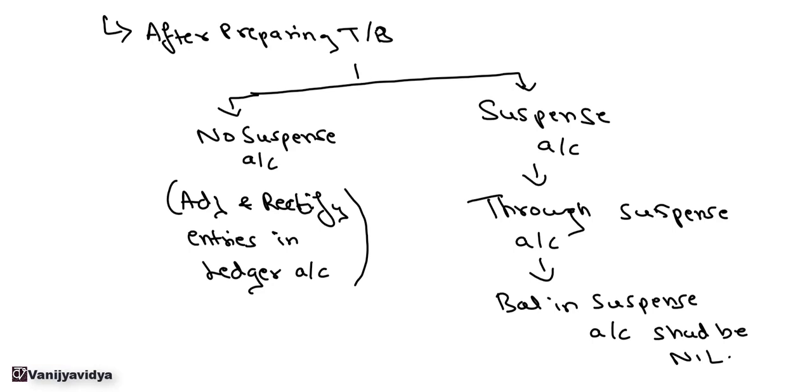Okay, so after preparing the trial balance, there may be two stages. In some cases there is no suspense account, in some cases a suspense account is prepared. If a suspense account is prepared, then we have to route all the rectified entries through the suspense account, and the balance in the suspense account should be nil after rectifying all the entries. Now next